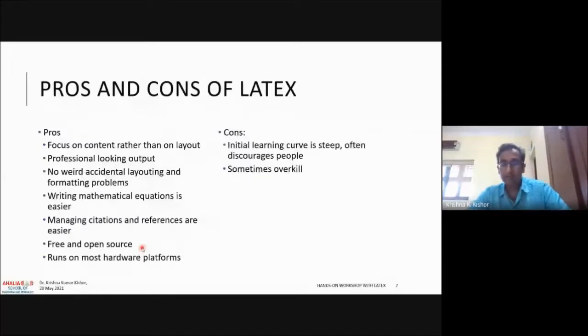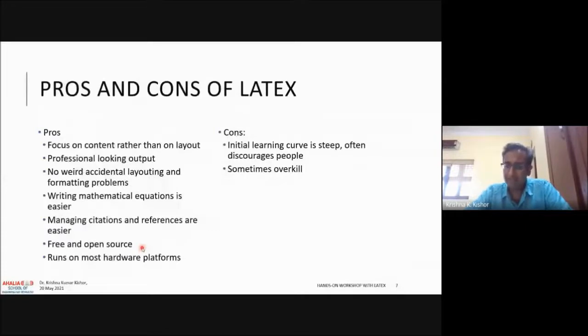Some of the disadvantages, or it's not really a disadvantage, some negative aspects, is the initial learning curve is sometimes steep, right? And that is a part where people get discouraged. So there is no free lunch, right? If you want to create something good, you need to take some effort. So the learning curve is initially steep, and that's the part that people get disappointed in, or are not willing to go further, right?